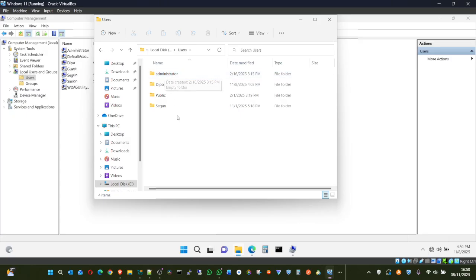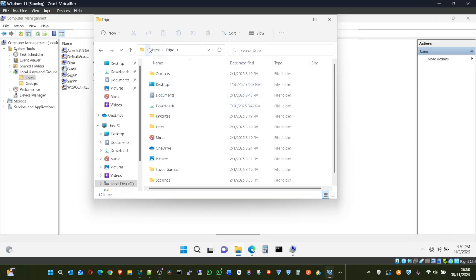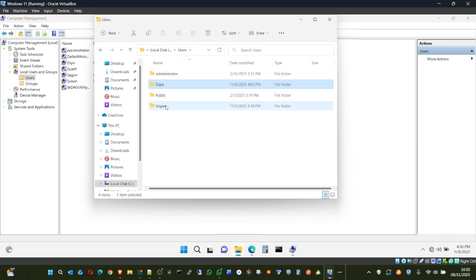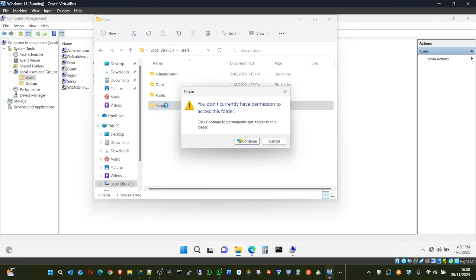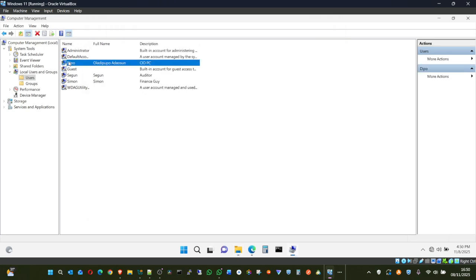The moment a user logs on to that system, a folder will be created for that user. Like me now, these are all my files right here. Now I try to access ShareGround. It's saying that you don't currently have permission to access ShareGround. Continue to permanently get access. I can get access because this particular user is a system administrator, of course, as a CIO of Shell Nigeria Energy Unlimited. Or maybe a Jeep, let me call it a Jeep. I should be able to have access.